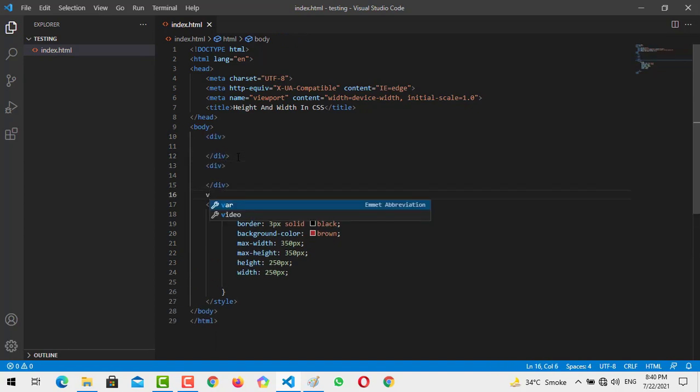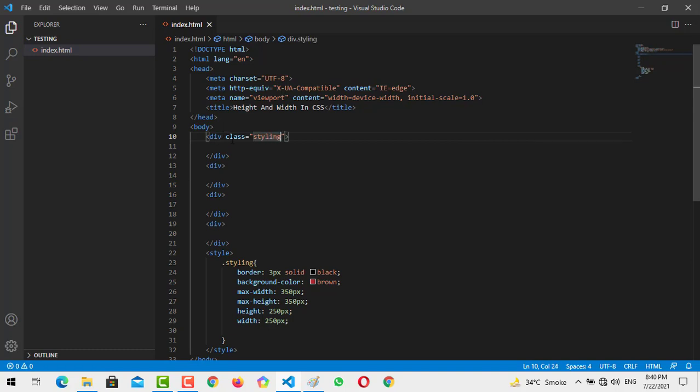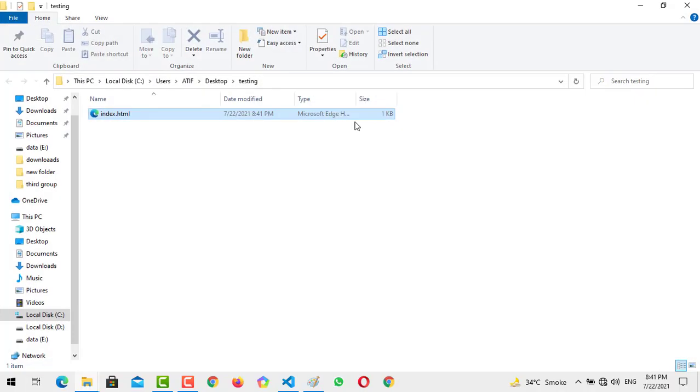2, 3 and 4, and in each div I have to place the class of styling. So each div has the same properties as we have mentioned in the styling section. So I will refresh the page and I will first open it in the file explorer, and I will open the index.html. So you can see that each div has its own 250px,